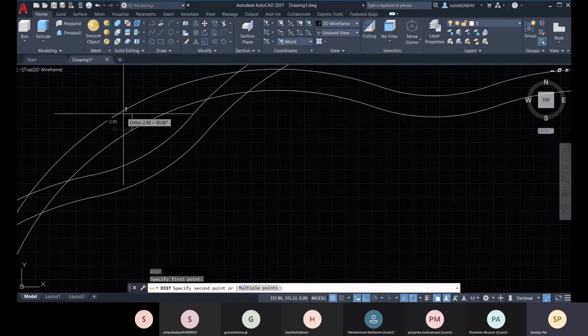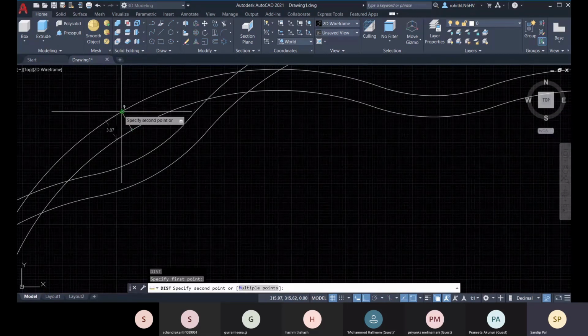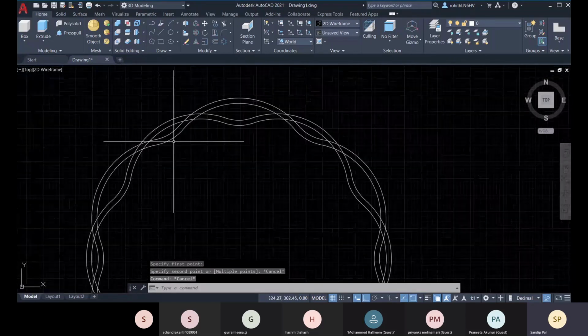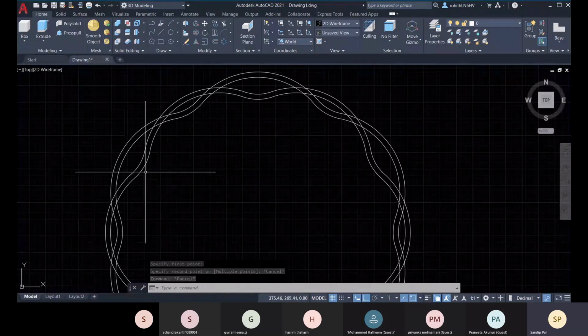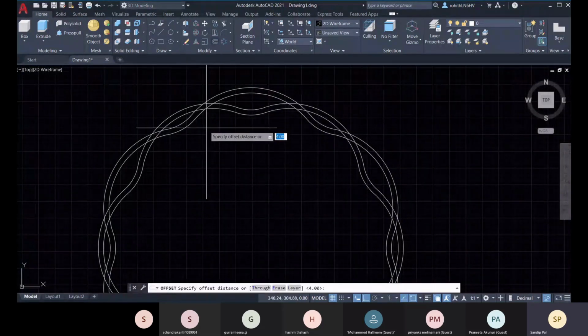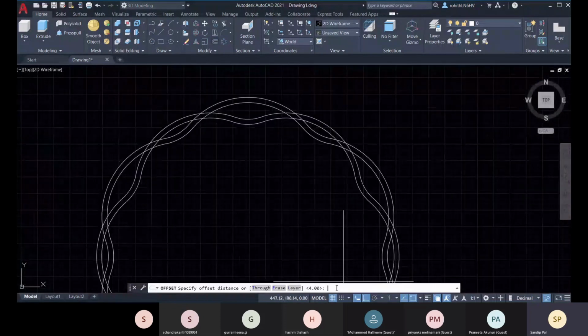From the middle point to this middle point, so 3.87 is, so you have to give the value, you have to change. So for that, go for 0.13, enter.